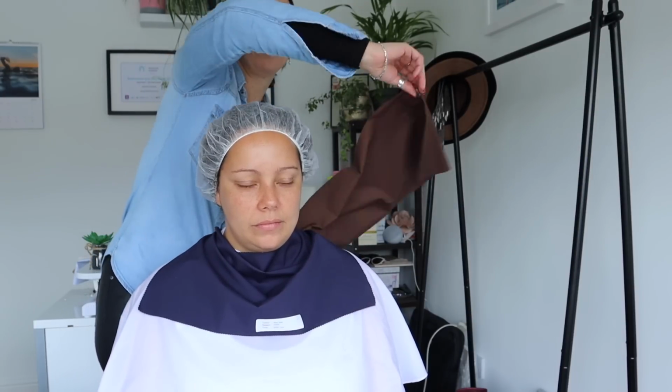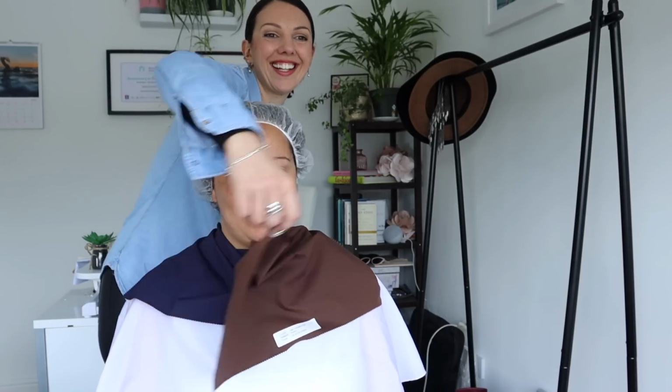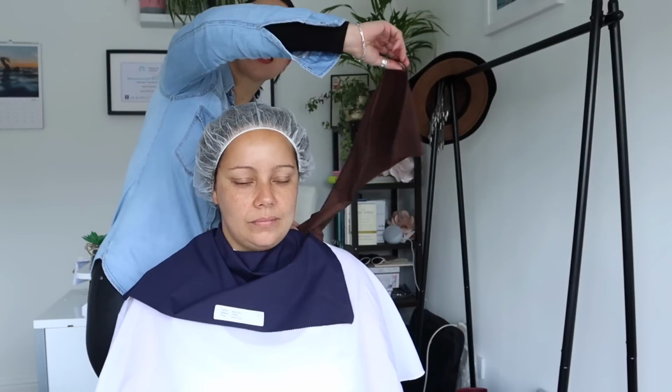Brown versus the navy. Do you see anything? I do. I prefer the brown one. Do you? Okay. Why is that? I think the brown one, if you put it back, I find my skin looks better. I find my skin looks better with the brown one rather than the navy. If you do the navy again, I actually like the navy as well, but I think the brown's better, in my opinion. Yeah, it's very close, and I do like this, and I can see why your brown coat worked